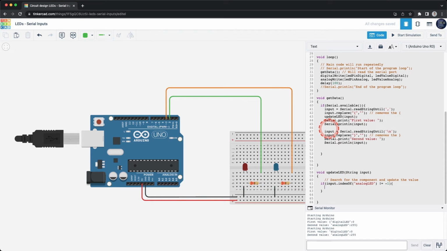Inside the curly braces, type input.replace("\"analogLED\":", ""); We're using the replace function again to search for the formatting of our string, and it replaces it with nothing, essentially deleting it. Now our input variable is only the value of the analog LED. On the next line, type LEDvalueAnalog = input.toInt();